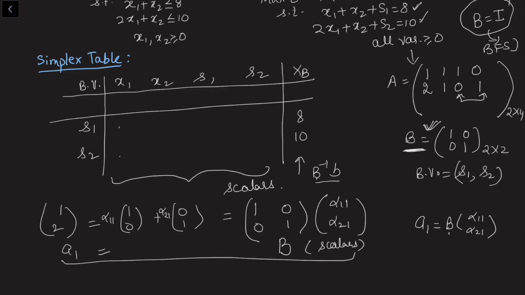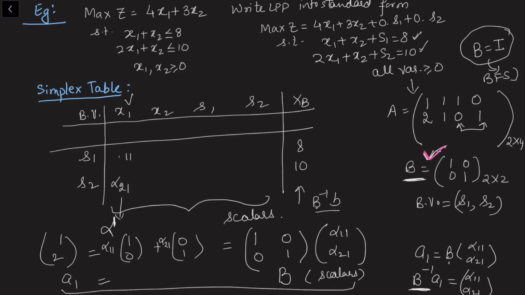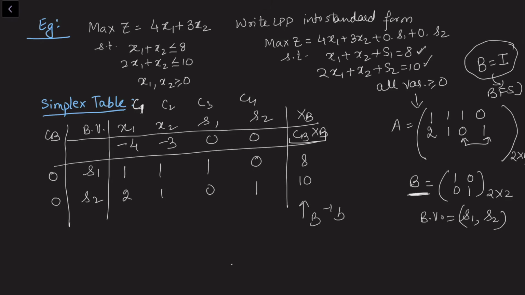Now if we take B to the other side, I need to pre-multiply by B inverse on both sides. This is the set of scalars. So from here we can see why this formula is applicable: B inverse into A1 is the set of scalars. So we get the scalars alpha 1, alpha 2, 1. This is the first set of scalars corresponding to the decision variable x1. And at this moment B is identity because of our selection, so even the scalars in the first table are directly the coefficients given in our question. This column is always B inverse A1, this column is always B inverse A2, B inverse A3, and this one is B inverse A4.